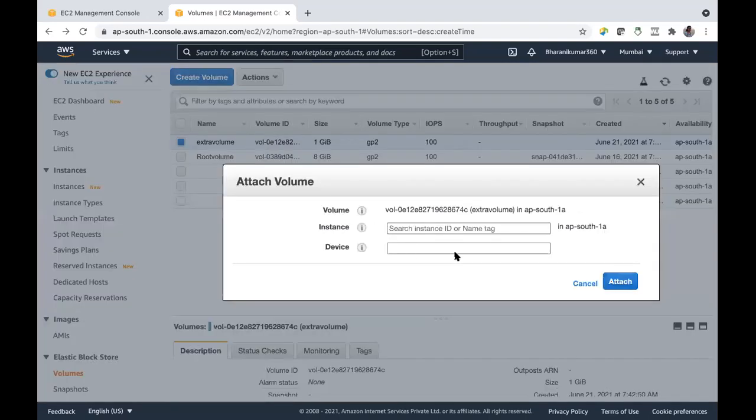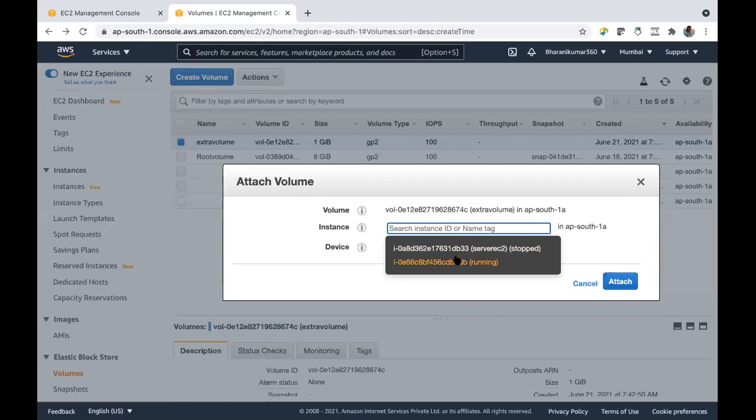Attach volume, give instance name. That's it. Only thing you have to do is give instance. Device will be automatically assigned. Done, everyone? Attach volume to the instance.